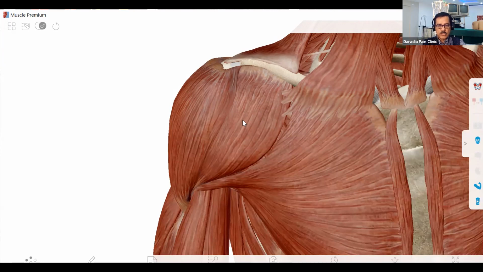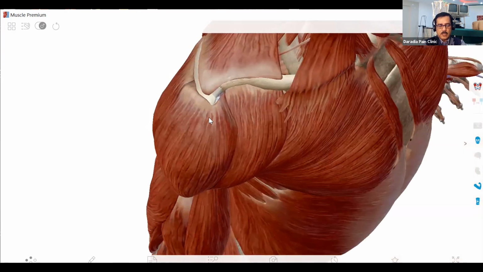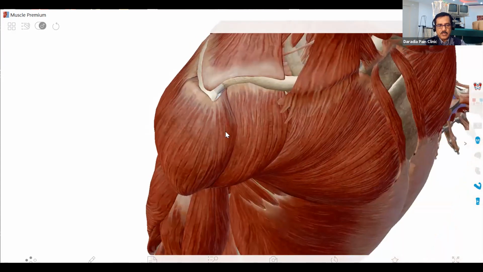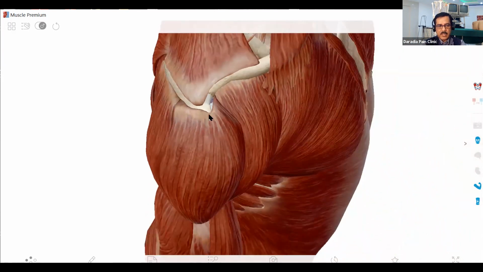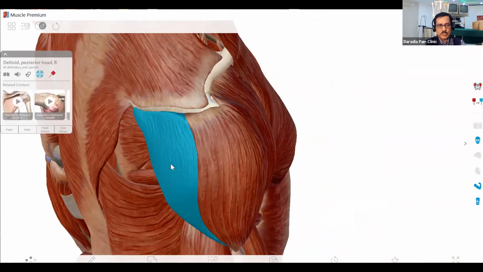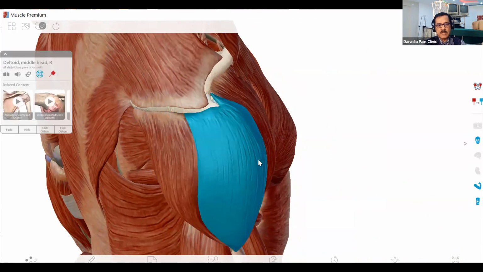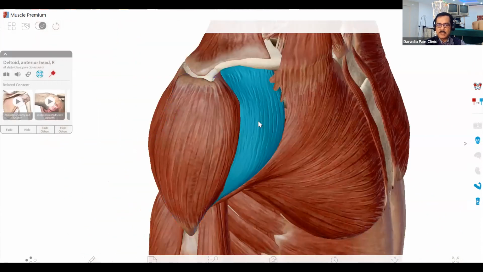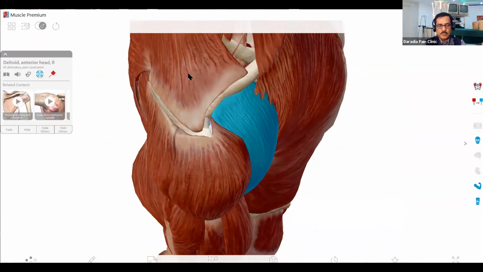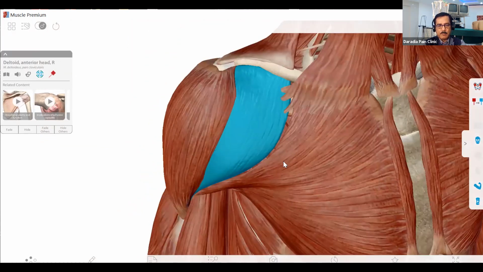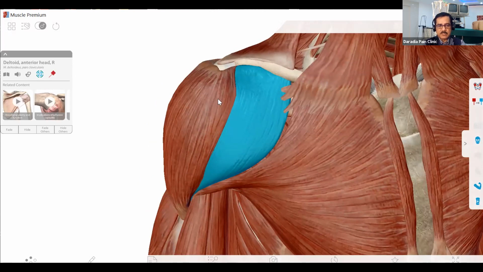So the shoulder joint, if we remove the skin, then there are several muscles. The very important muscle covering the whole of the shoulder joint is your deltoid. Anteriorly, the anterior head, then the medial, and then posteriorly you have the posterior. So this is the posterior head, this is the medial head, and this is the anterior head of the deltoid. And if you are looking from the top, this is your trapezius, and anteriorly we have the pectoralis major and platysma muscles here.